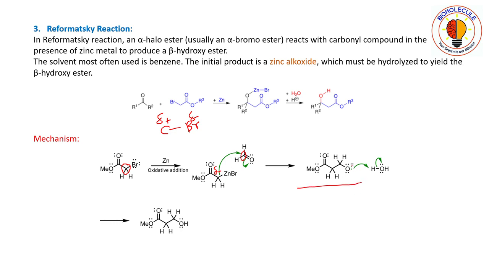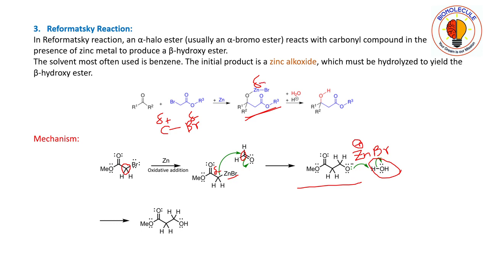Now this one is O minus, and in the reaction we have Zn Br, that is plus Zn Br. So oxygen and zinc will form a bond, meaning they will interact among themselves to form this alkoxide, and after this hydrolysis, this O minus, since you can see over here that oxygen and Zn,